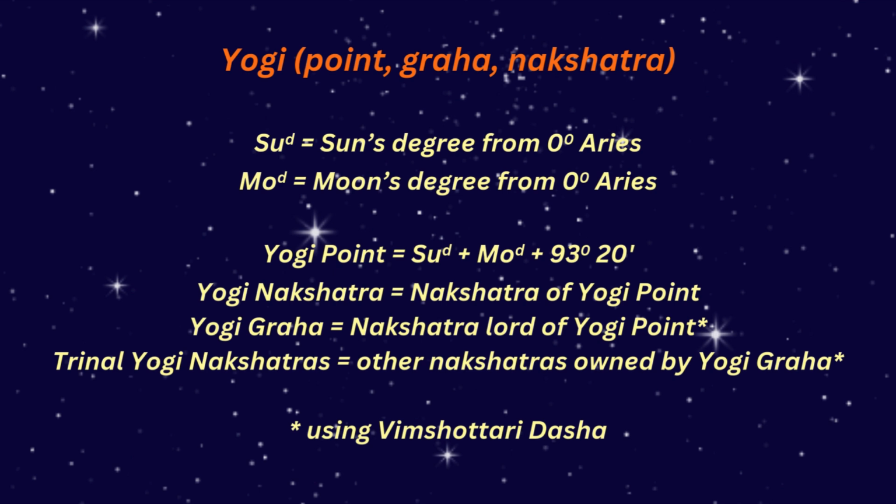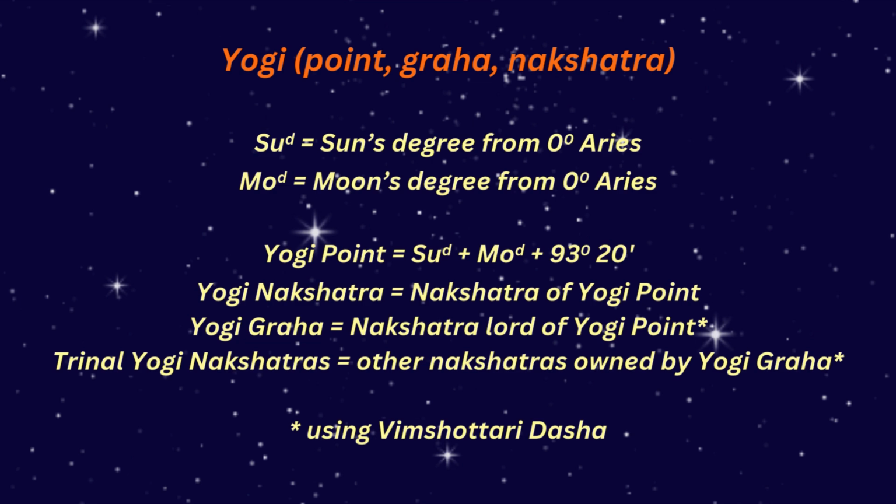Once you determine the yogi point, treat it just like you would the ascendant or moon. It's a specific position in the chart. And like every planetary or chart point, it falls under one of the 27 nakshatras. The yogi nakshatra is the nakshatra where the yogi point resides. From there, we identify the yogi graha, which is simply the ruling planet of that nakshatra as defined in the